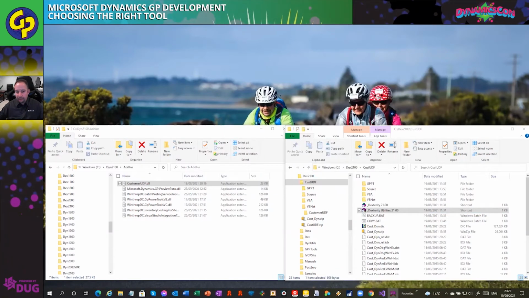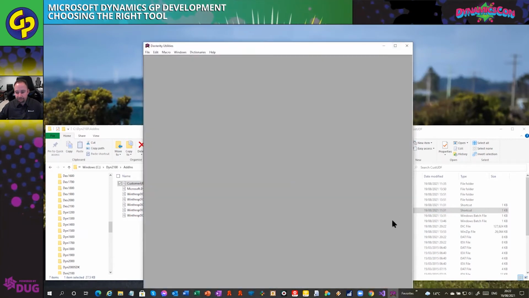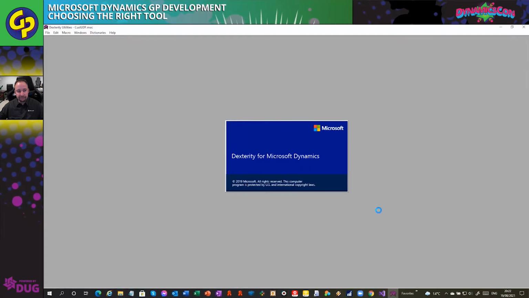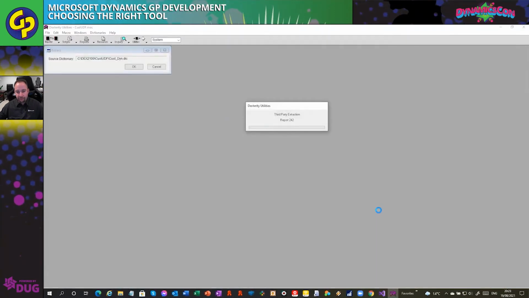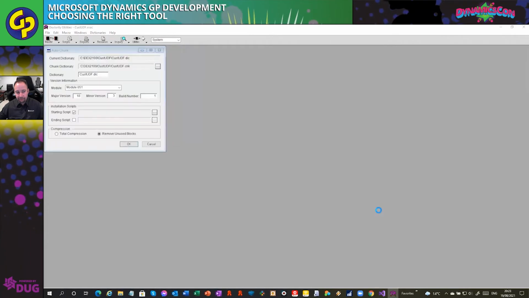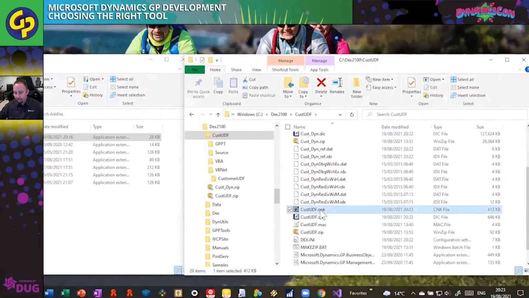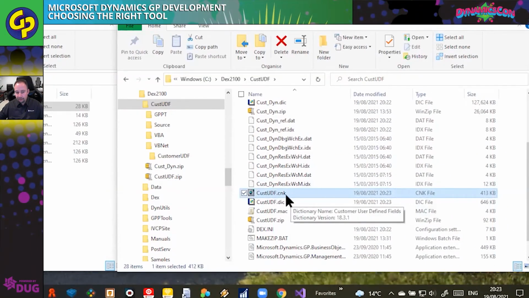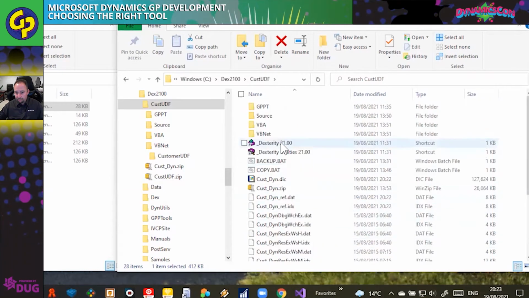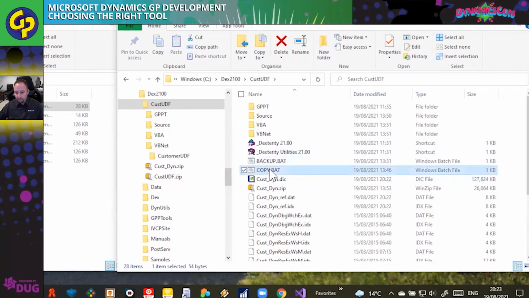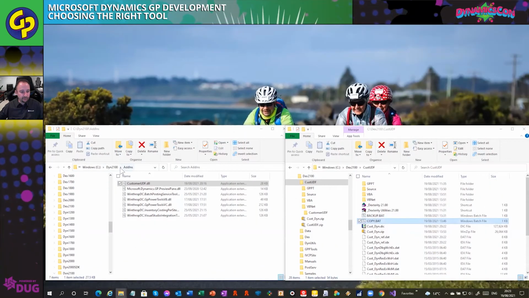Okay, I'm going to run that macro a second time just so you can see it running. It extracts out all the changes we've made and creates a chunk. It all happens fairly quickly, but what we have from that now is this .cnk file, which is a chunk file. I'm now going to hit copy, which will copy that file and put it into